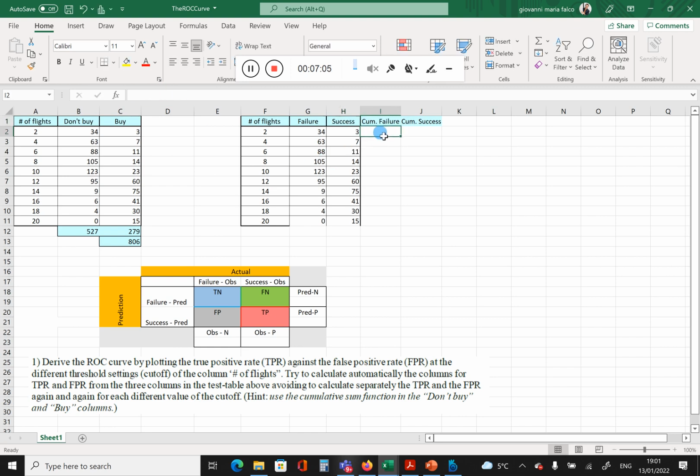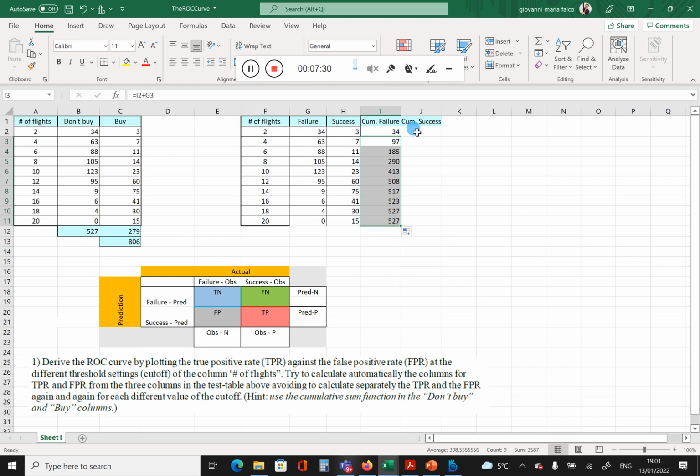Okay, and then I calculate these two columns. Basically here in the first I get the same, and then in the second I put the previous one plus the next one here, and then I take it down up to here, and the total must be